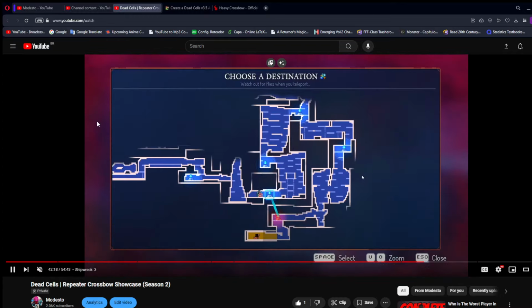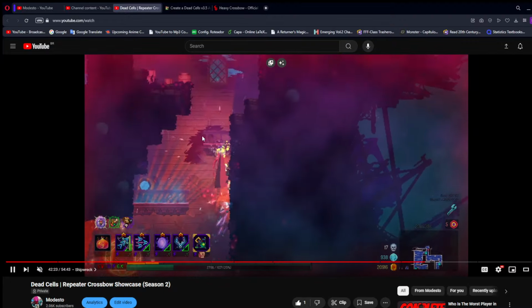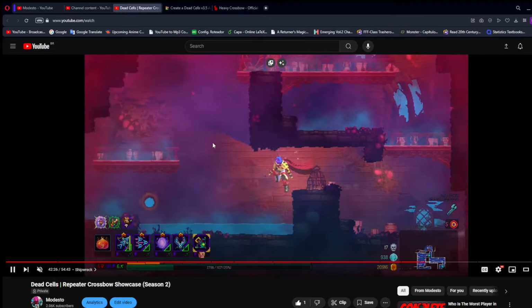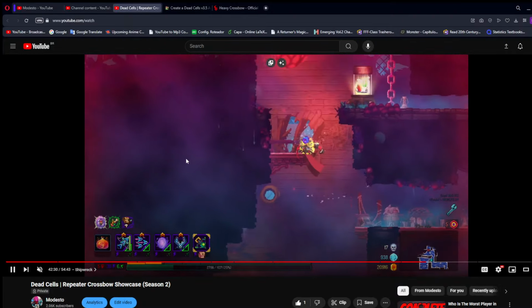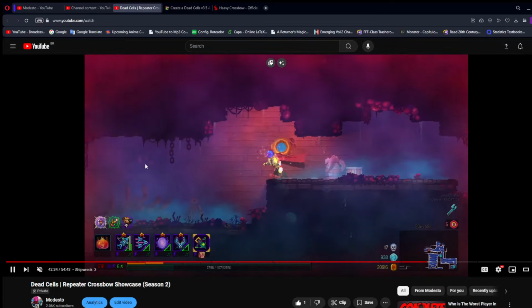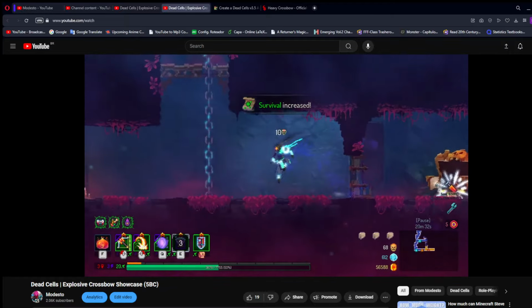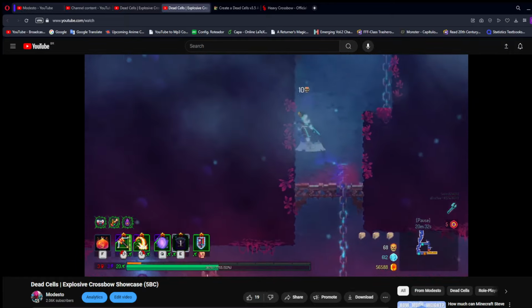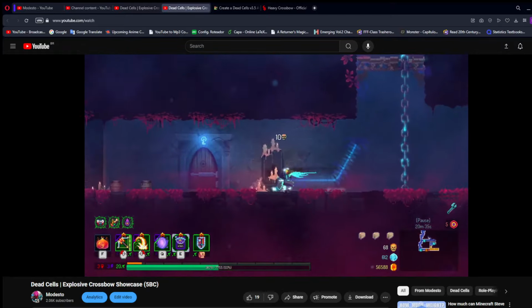I have plenty of videos using the repeater crossbow on the channel, just check them out. They make me like the repeater crossbow better. On survival, it's amazing as well. My first showcase with it was on survival, so yeah. Repeater crossbow, A tier. The explosive crossbow is a tough weapon to rank because I can't help but wish